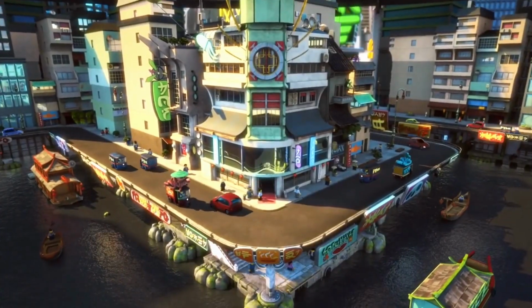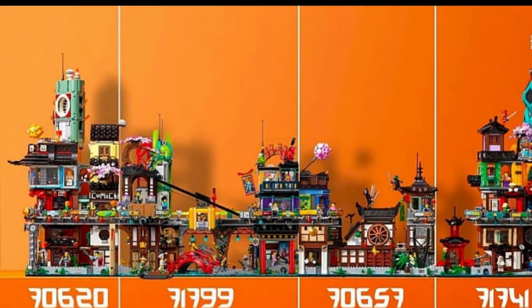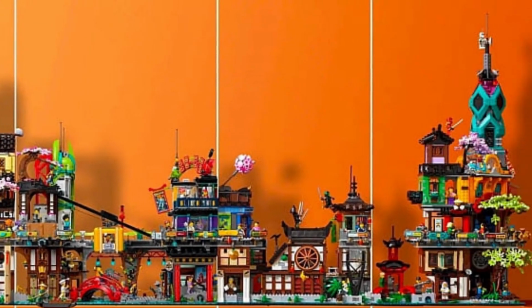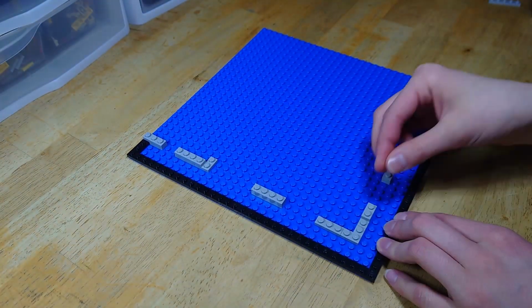I built Dareth's apartment from Ninjago Season 8, Sons of Garmadon. This build is completely compatible with all the other sets. Starting with the canals, I started with a base outline to give me a rough idea of where I wanted